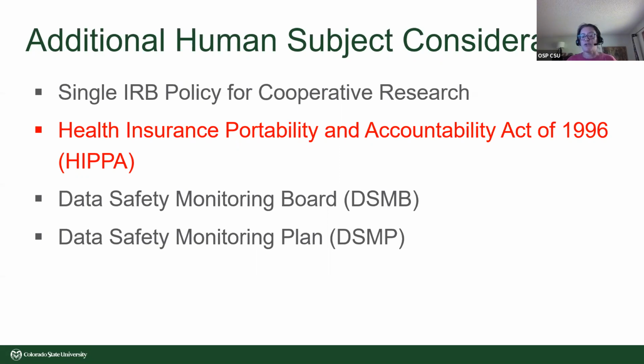A couple others that you might see on the exam: the Data and Safety Monitoring Board. This board is actually a group of independent people: clinical researchers, statisticians, physicians. It's basically a patient advocate board. Those folks monitor the progress of a clinical trial, and they look at how effective the trial is and how safe it is. This board can step in and say, we're stopping this research right now. They also might say, you're coming up on some really good benefits that the people enrolled in your clinical trial need to be made aware of and have access to.